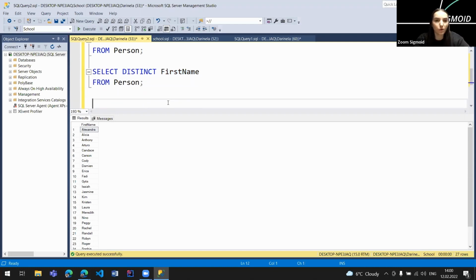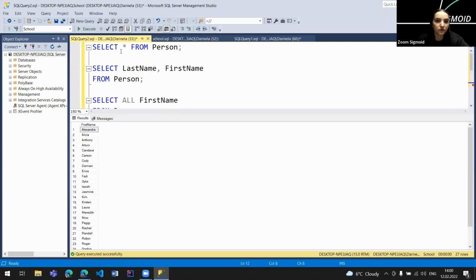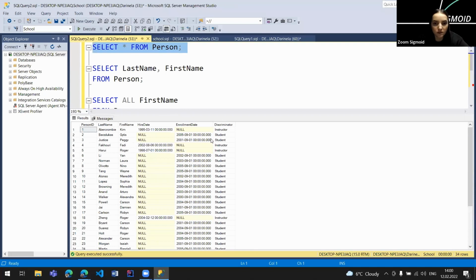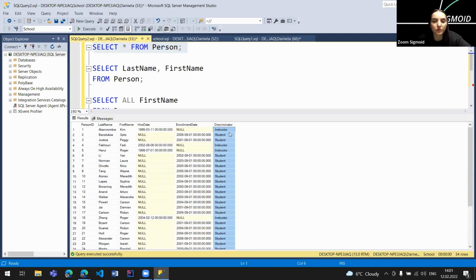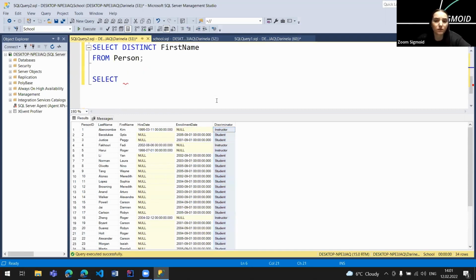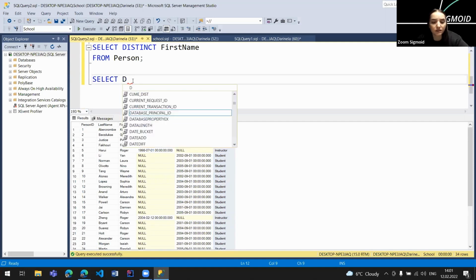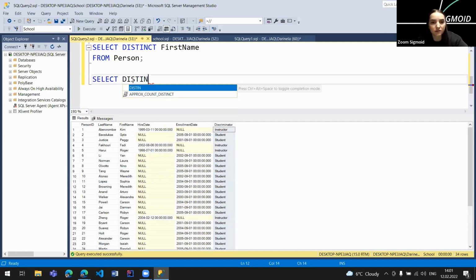Let's again play with the select, where it will be very nice to see. Again, let's run this, and here we have the discriminator. As we can see, the table does not have so many rows, and it's quite intuitive to know how many rows we have. So we'll write select distinct